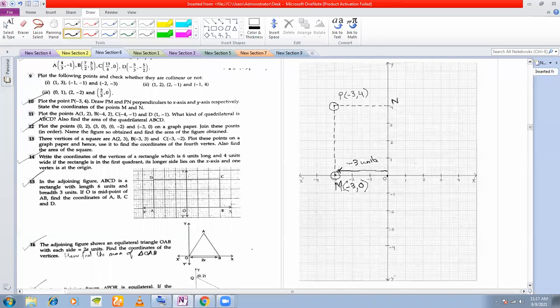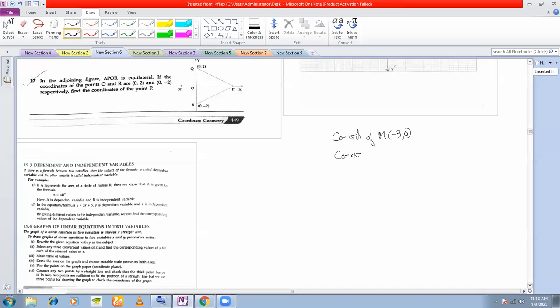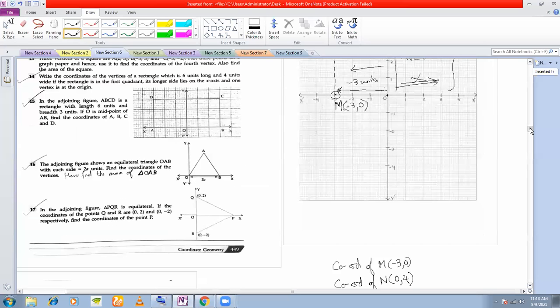So that is how we find out the coordinates of M. Similarly, we can find out the coordinates of N. Starting from the origin, are we moving horizontally anywhere? No, we are not moving horizontally. Neither in this direction, nor in this direction. To reach N, we are simply moving vertically, in the positive direction of Y, right? Since we are not moving horizontally, therefore the X coordinate will be 0. And how many units are we moving vertically? What is this distance here? Plus 4 units, right? So coordinates of N is 0, 4. We'll write here coordinates of N: 0, 4.